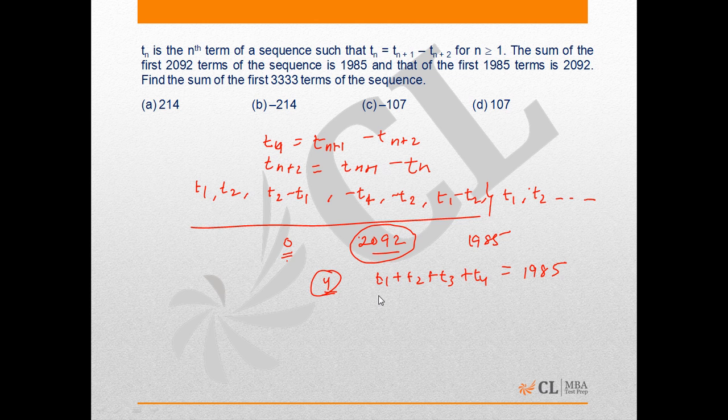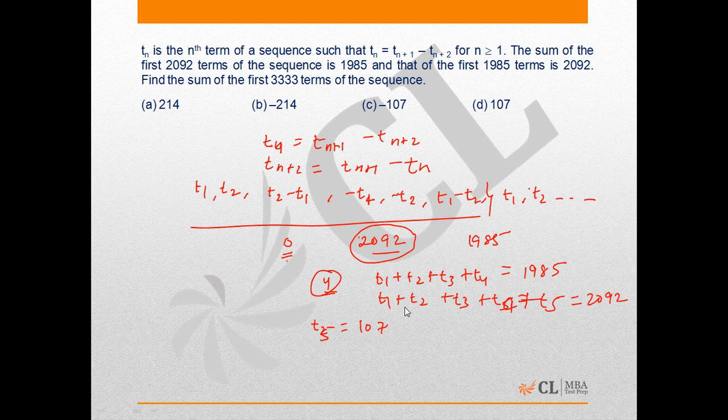and it is also given that the sum of first 1985 terms is 2092, and when we divide 1985 by 6, remainder is 5, which means T1 plus T2 plus T3 plus T4 plus T5 is given as 2092. From these two equations we can find the value of T5, which is equal to 107,